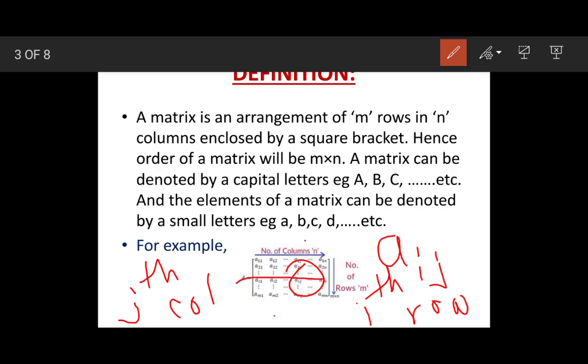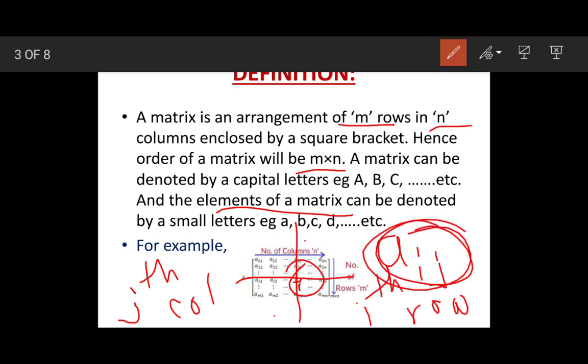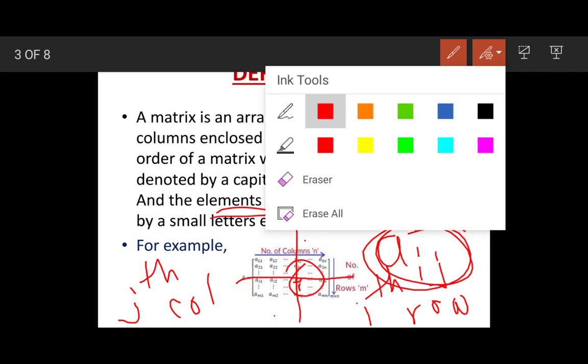So this ith row is this, the jth column is this, and this intersection point is aij. So class, you now know how to find the number of rows, the number of columns, the order of a matrix, the elements of a matrix, and how to define the position of an element of a matrix.